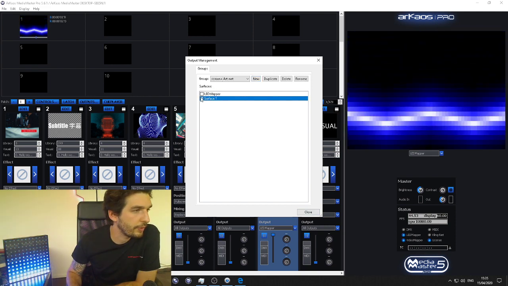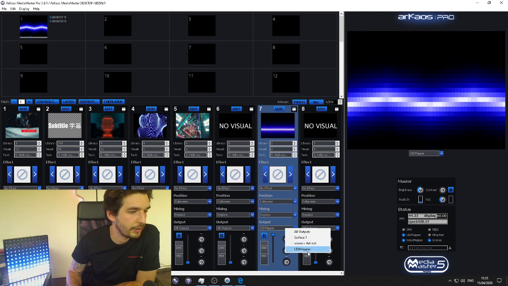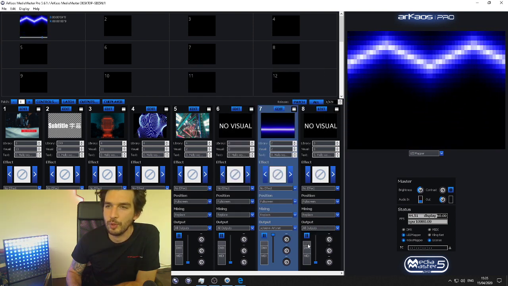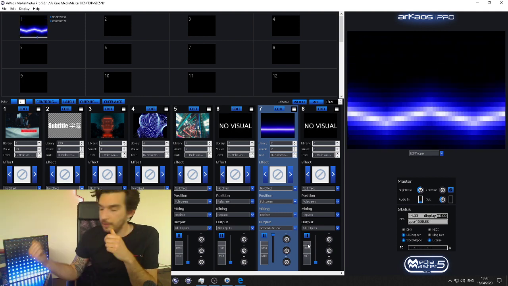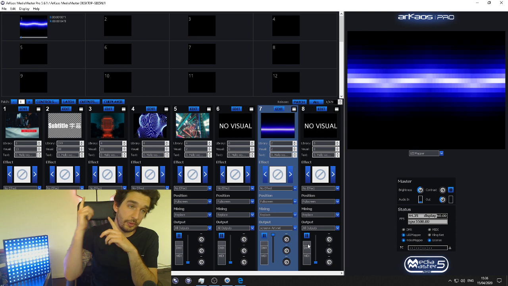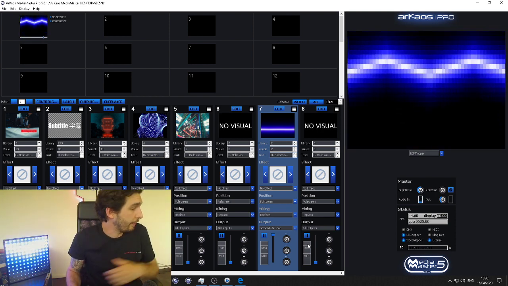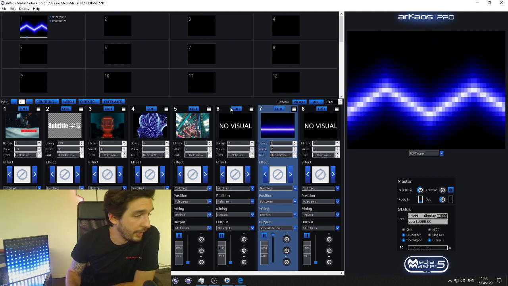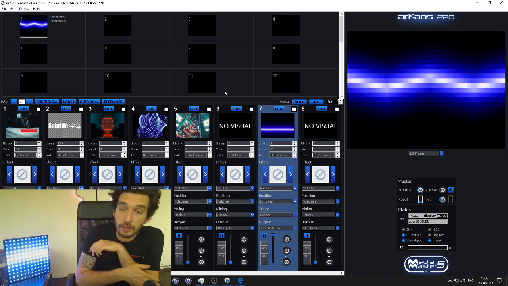Select my surface 1, LED mapper output. Press there. Select my group right here, and now I have both running in my ArtNet output and my graphical output at the same time. Okay, so nothing complicated there. That's basic setup in ArtNet mapping.